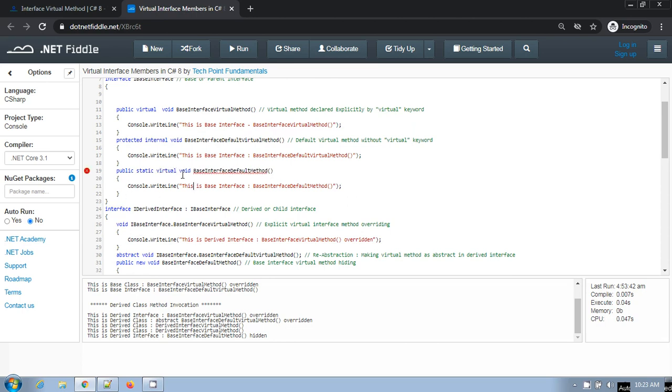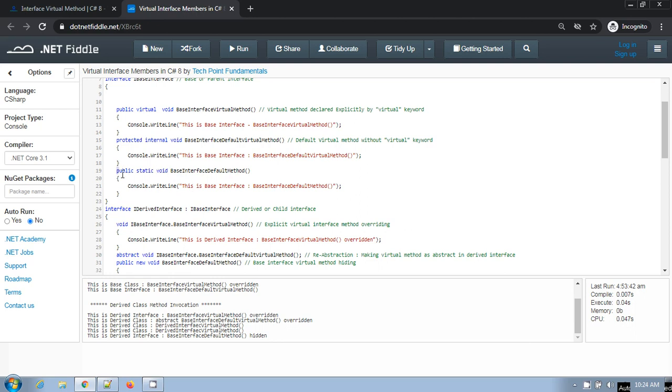Let's see this. If you are making this member virtual, a static member cannot be marked as override, virtual or abstract, right? If you are making any member static, then you can't have a virtual keyword. You have to remove this and it will work fine, right?